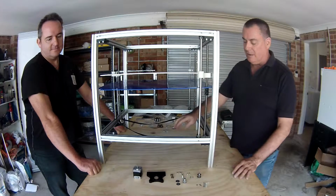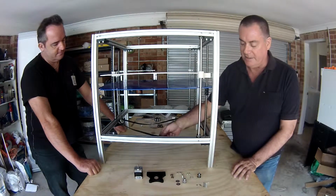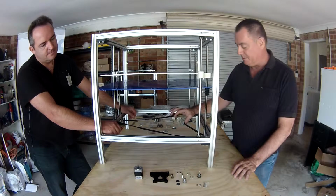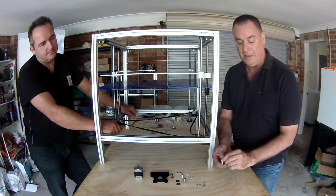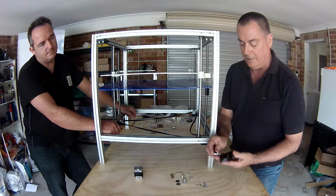Next up, we're installing this stepper motor for the Z-axis here on this piece of plastic. This also tensions up the belt, as you'll see shortly. One of the things you have to make is this little pulley arrangement here. It's all detailed in the documentation, but it will go here,